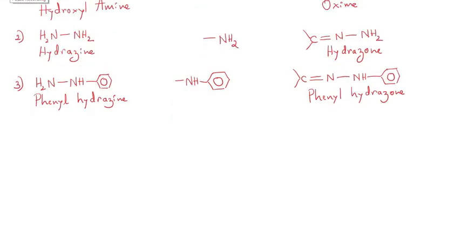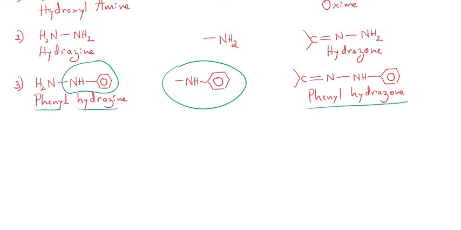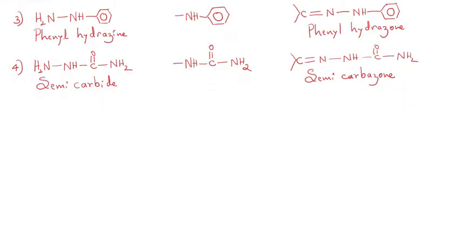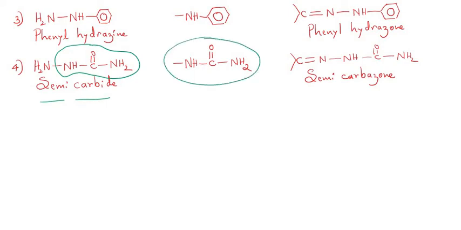The third ammonia derivative is nothing but called as phenyl hydrazine. So this is the group that is nothing but called as what? Z, which I have written here, and after the reaction then the corresponding product is called as phenyl hydrazone. In the fourth ammonia derivative, here we are having semicarbazide. This compound name is called as what? Ammonia derivative, which is called as semicarbazide. One of the hydrogen atoms of ammonia is replaced by this group. In fact, this group is nothing but called as what? The group Z, which has been encircled here. And after the reaction, if an aldehyde or a ketone is going to react with semicarbazide, then the product formed is called as a semicarbazone.